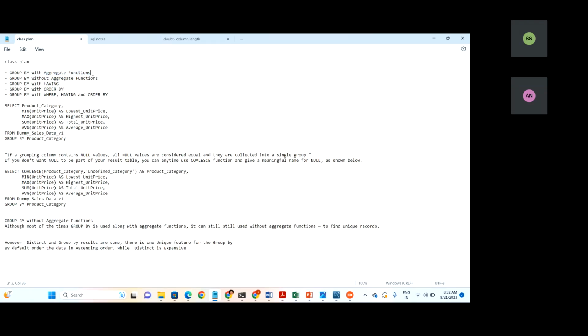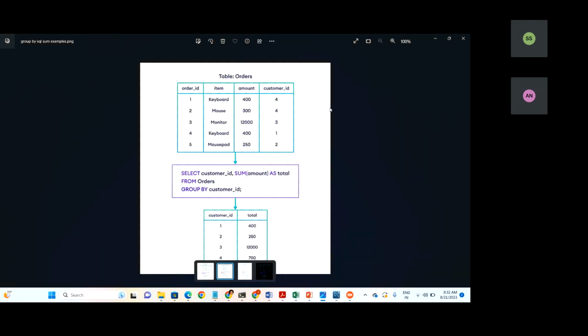So we'll see the difference between with aggregation functions and without aggregation functions. I'll show you some examples. We'll take this same example. If you take the same example with the aggregation functions, this is how it would be. For the fourth, 700 total will be there,